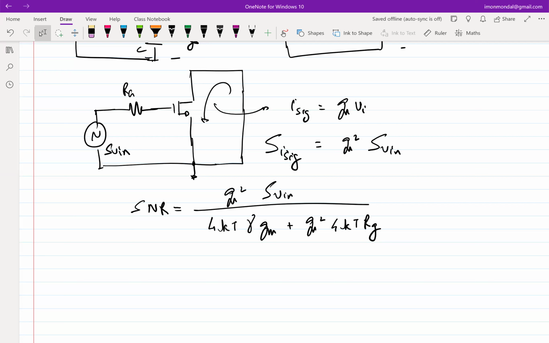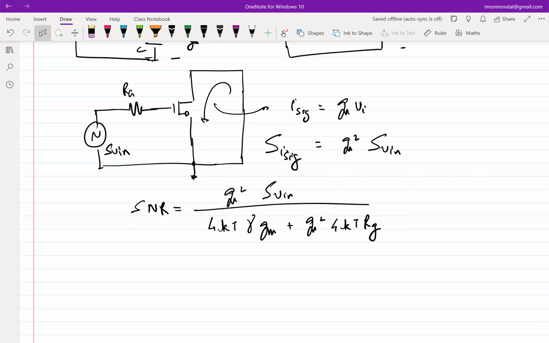What is the source of RG? The source of RG is the routing of the polysilicon on top of your transistor, right? So would you expect that routing to be really large or really small? It is in your control. You would want it to be very small, right? So which means that